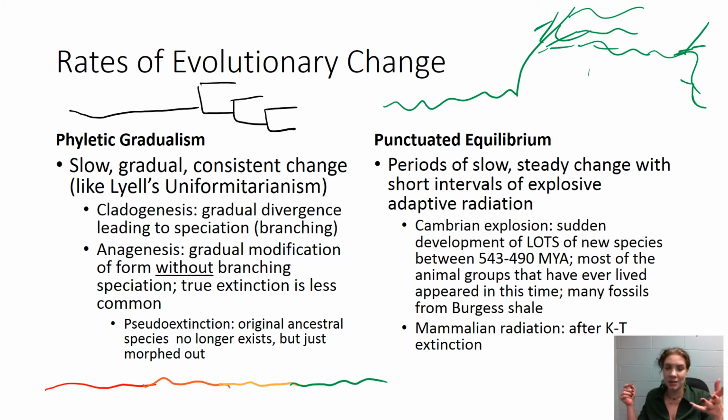In particular, we've seen really good evidence for this after the Cambrian extinction around 500-ish million years ago. Most of the animal groups that ever lived went extinct, and after that there was this huge explosion of new life forms. We see another one right after the KT extinction, with the explosion of mammals, as we